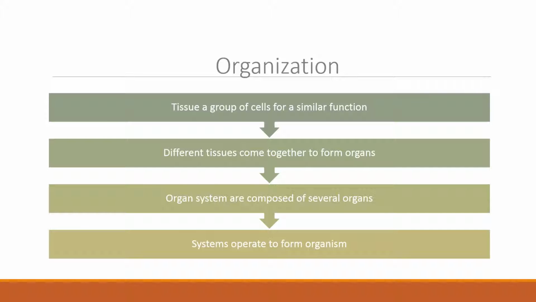Organ systems then come together to form the highest level of organization known as an organism. So again, we have the tissues, they come together to form organs. Organs come together to form organ systems, and organ systems operating together form an organism, which is the highest level